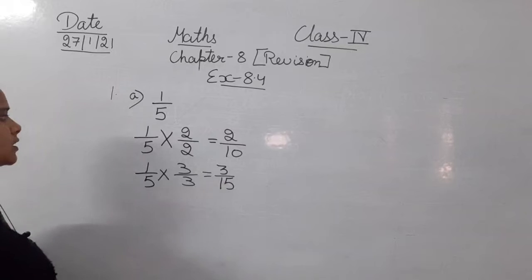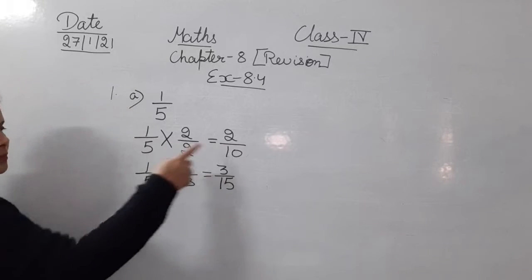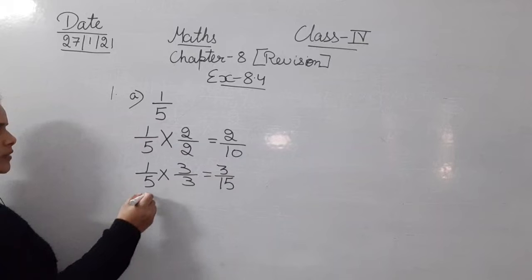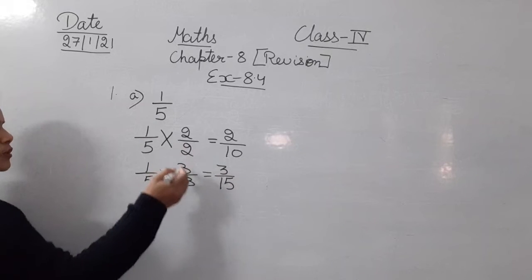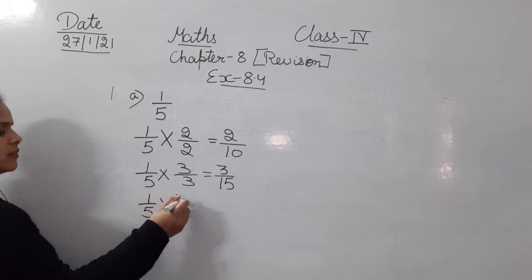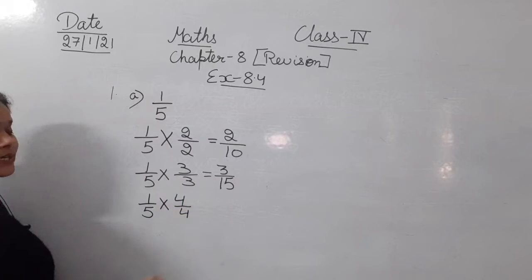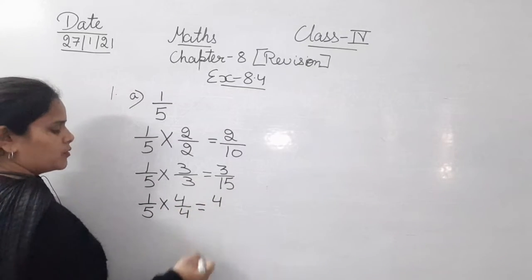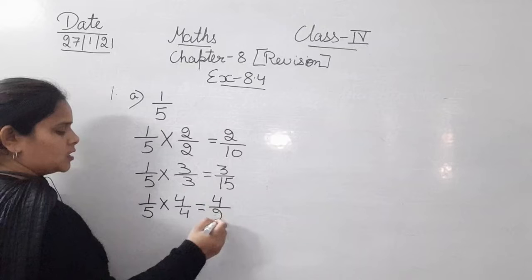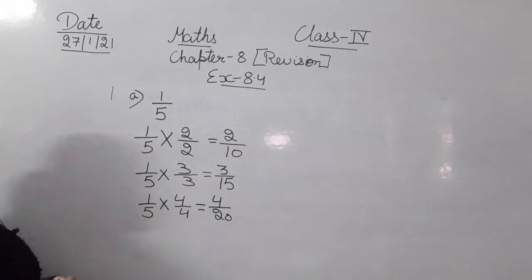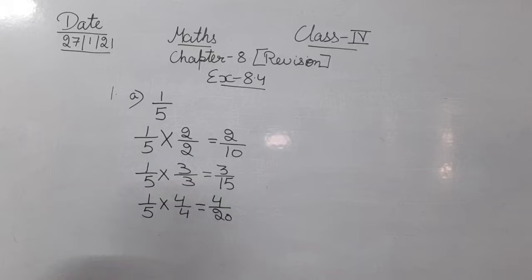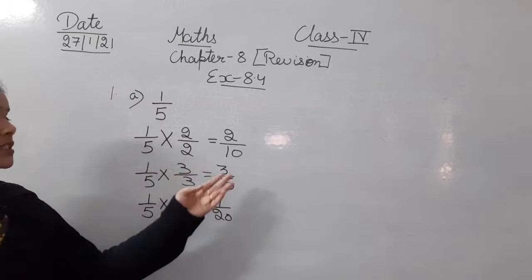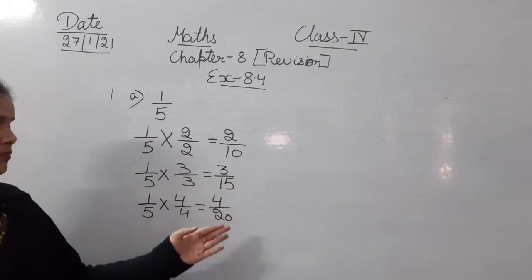Third one. Okay, we had to find 3, we found 2, so now the third. Now with which next number do we multiply? 2 is done, 3 is done. Now you can multiply it with 4. So let's multiply it with 4. Okay, 1 4s are 4, 5 4s are 20. That is 4 upon 20. Okay, so the next 3 equivalent fractions to 1 upon 5 are 2 upon 10, 3 upon 15 and 4 upon 20.